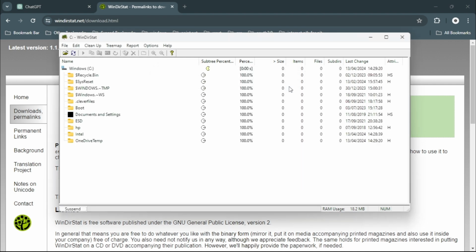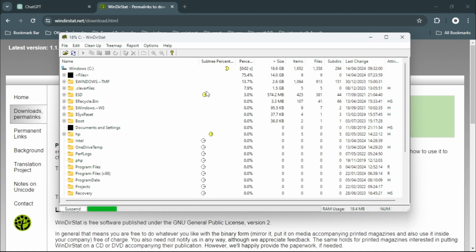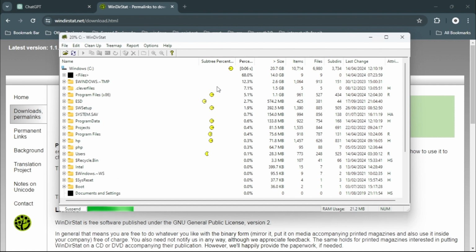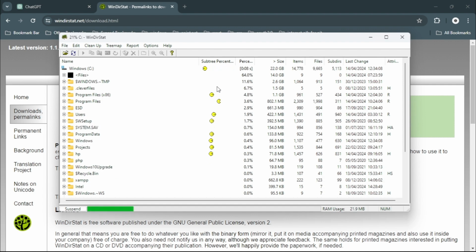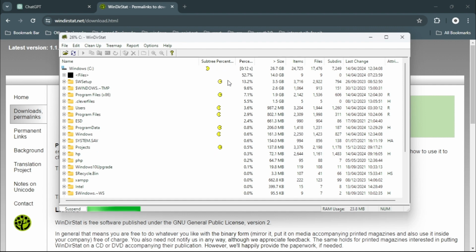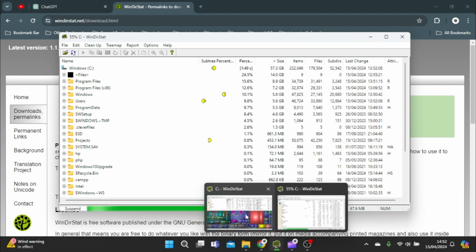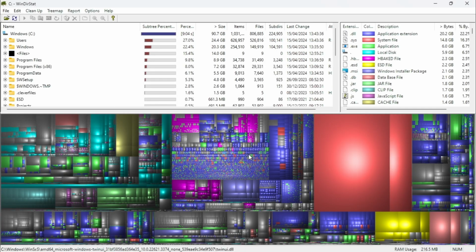Click on OK and you should see these little Pac-Men going back and forth as it calculates the space each directory and subdirectory is taking. Now this might take a while depending on your machine and your processor, but once it's done you should see your hard drive,